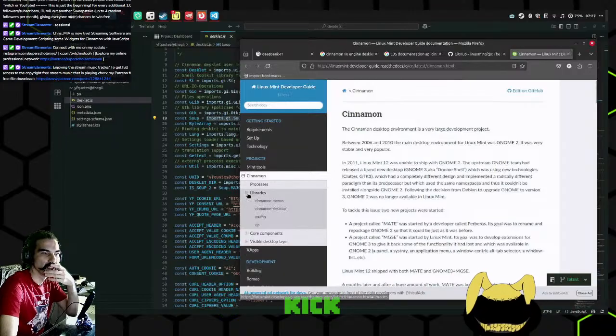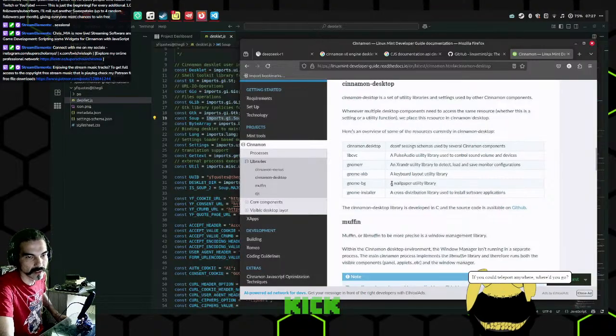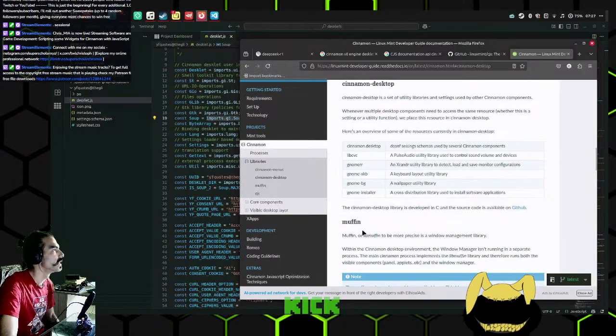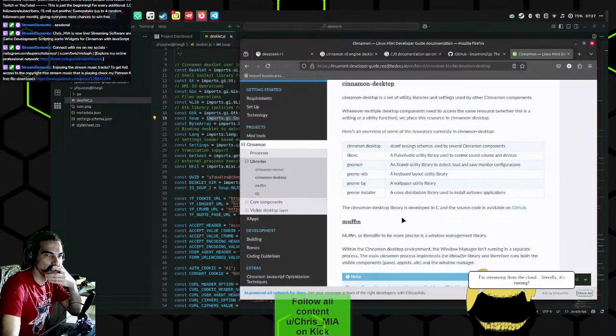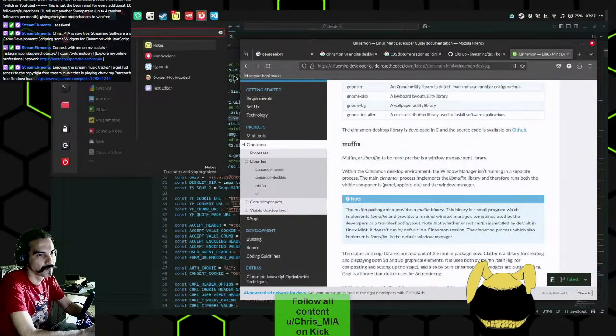Cinnamon. Libraries, that's what we're looking for. Menus, desktop, there we go. So the libraries essentially is a place where you can... live in. Libraries are where you can get an internal perspective on the 85%. So in a nutshell,